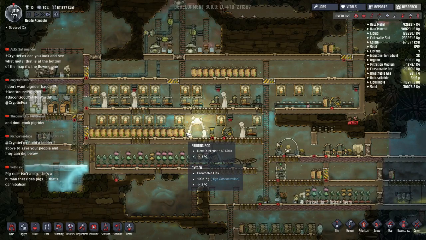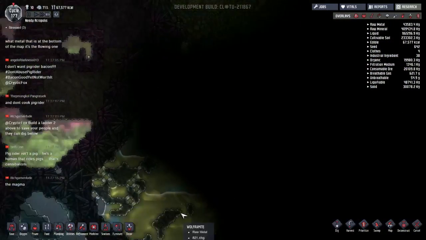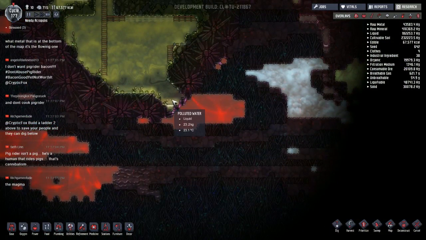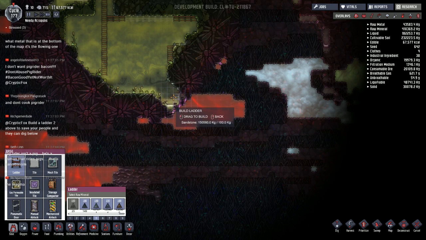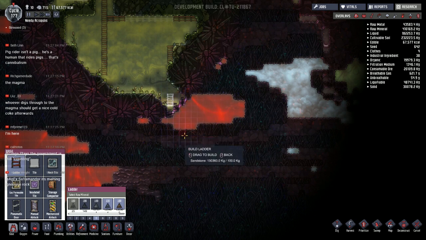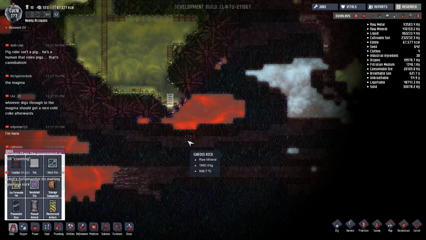Build a ladder too above to save your people, and then they can dig below it. Oh, yeah, that's actually not a bad idea. Yeah, you know what? Let me see if they will do that. That should work, I think. And, well, it's going to be more than two. They can get two of these tiles, I think, with that one ladder. Let's see what happens. It might actually just burn the ladder up. I'll be curious to see what happens, but...